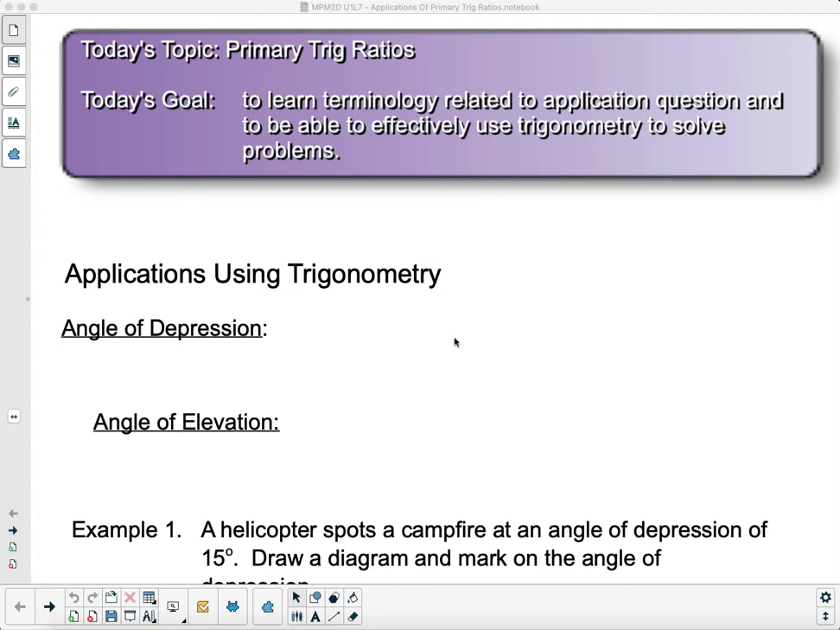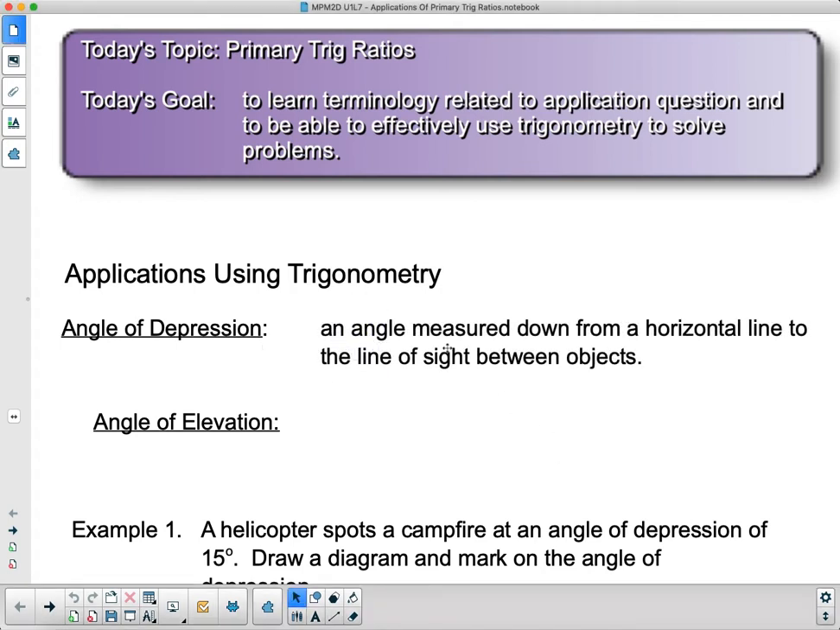We're going to talk about angle of depression and angle of elevation. Now, depression, just like most of the ways we use the word depression, means down. If you're feeling depressed, you're feeling down. If you depress a button, usually you just say press, but if a button is depressed, it means that it's been pushed down. So an angle of depression is an angle measured down from a horizontal line to the line